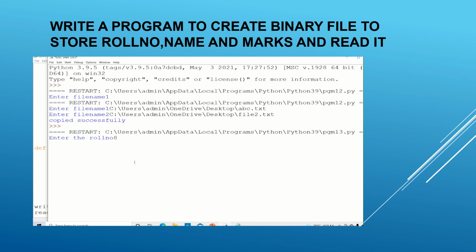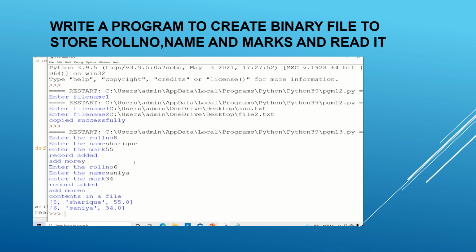So it is just to write and also read those things. The contents of the file are shown as a list because we have appended as a list.